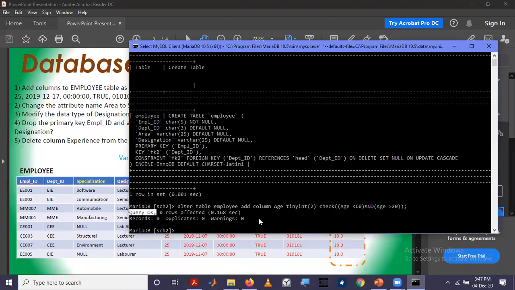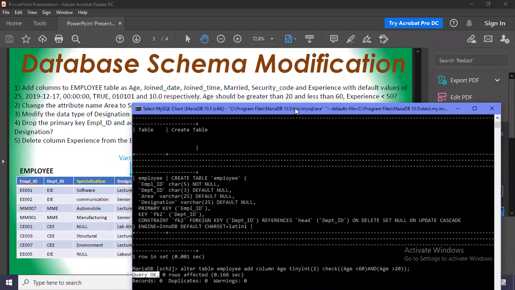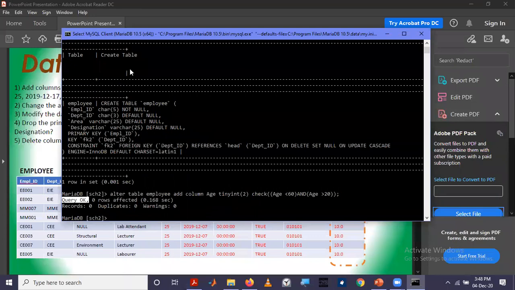I missed one thing. I couldn't specify the default value. So this age is having a default value of 25. Even though you add this one, you can even later add a default value.